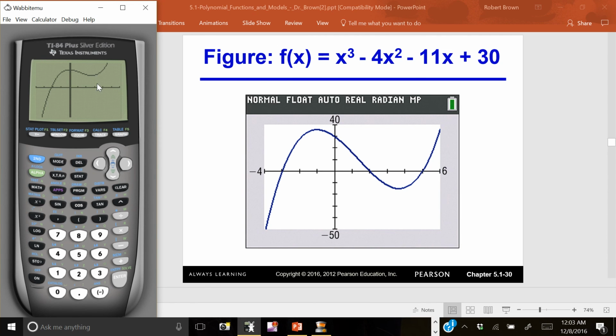Wait a minute. Let's look at this. x cubed minus 4x squared minus, notice we put it in minus 11x. It's not 11x. Always check what you're doing. x cubed minus 4x squared